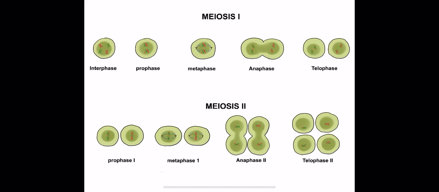So here's a diagram that explains it a lot better than I probably just did. So you have your interphase. When interphase is done, you have doubled your DNA and you're ready to go through division. You go through like you would for mitosis, prophase, metaphase, anaphase, telophase. Now you have 2 cells that are 2N. But I'm not going to stop there. I'm going to divide those cells a second time so that now there's only 1N. So prophase, metaphase, anaphase, telophase again.